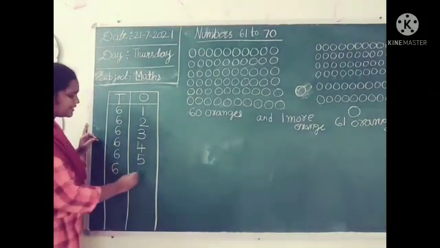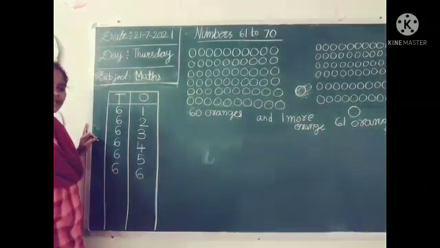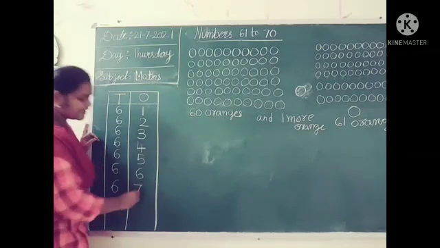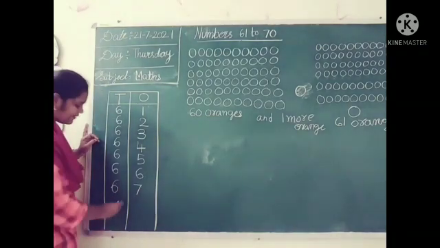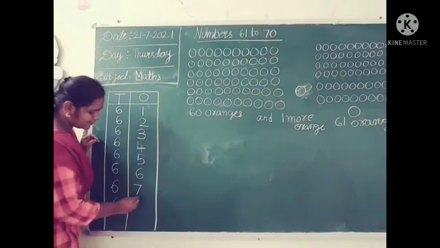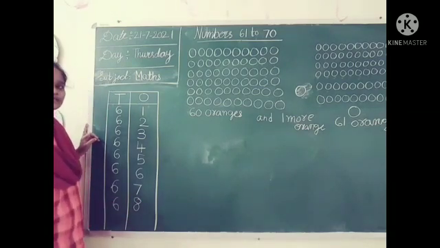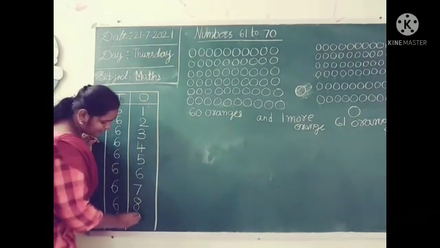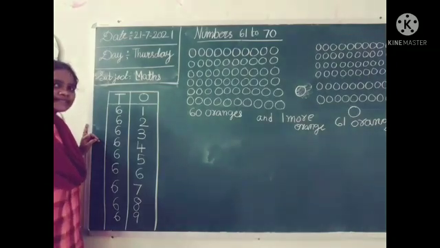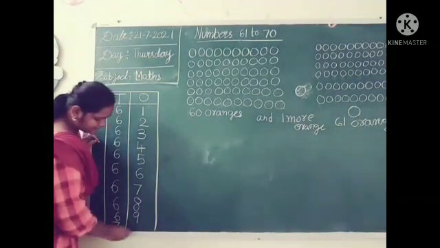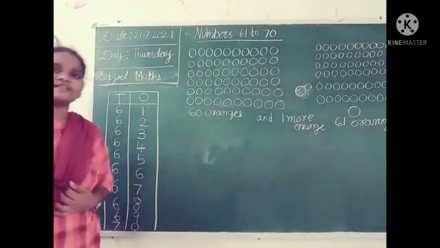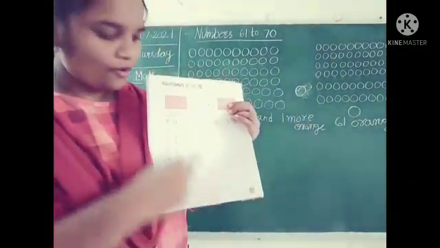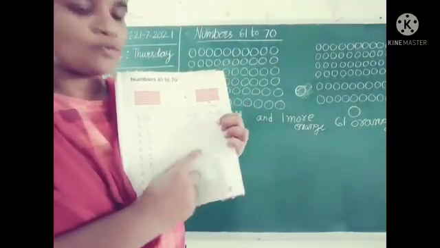6 in tens place. Another 6 in ones place. 6, 6, 66. 6 in tens place. 7 in ones place. 6, 7, 67. 6 in tens place. 8 in ones place. 6, 8, 68. 6 in tens place. 9 in ones place. 6, 9, 69. 7 in tens place and 0 in ones place. 7, 0, 70. Like that you see this row and copy this another line, and another 2 boxes is your